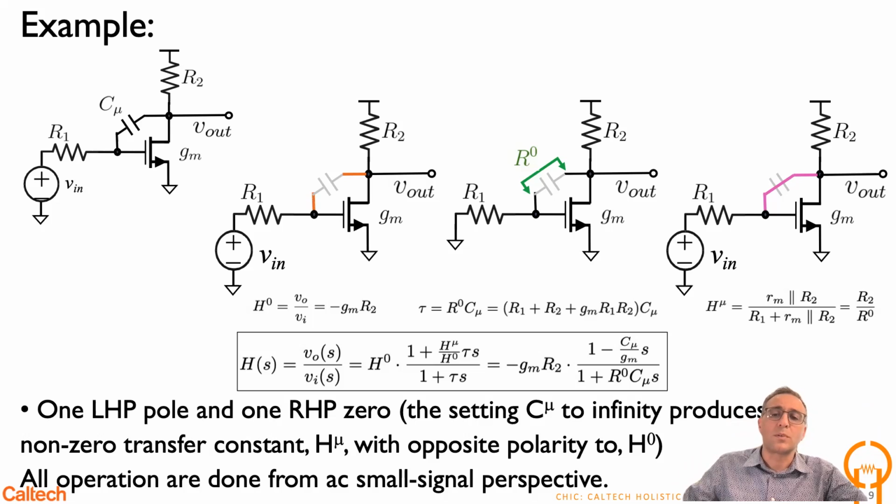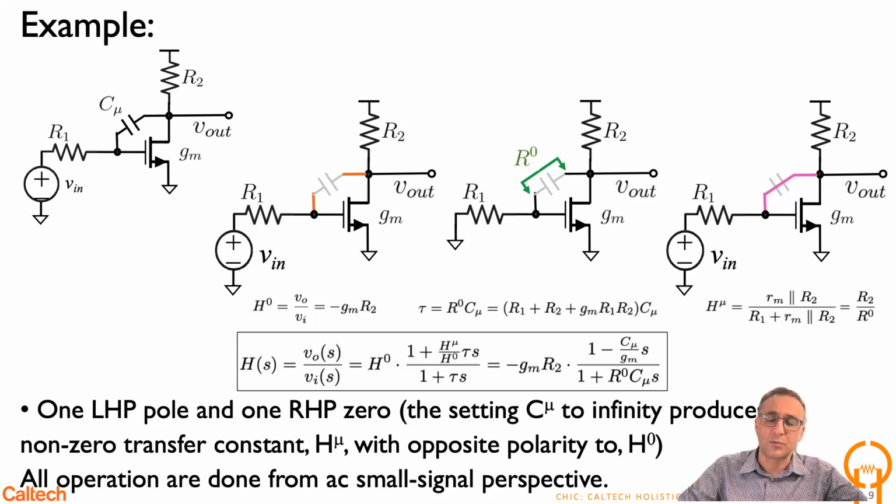So basically you can see R1 plus R2 plus GM R1, R2 times C mu. So this is basically R naught, R0. And that times C mu gives you the time constant. And then the third calculation is also an interesting one, which is basically saying that, when you short circuit this